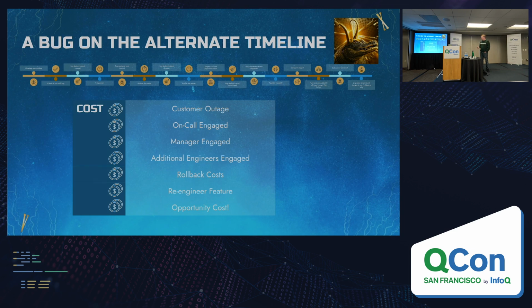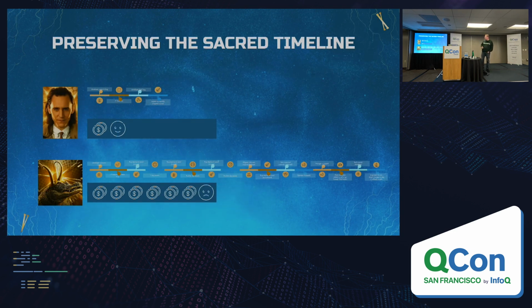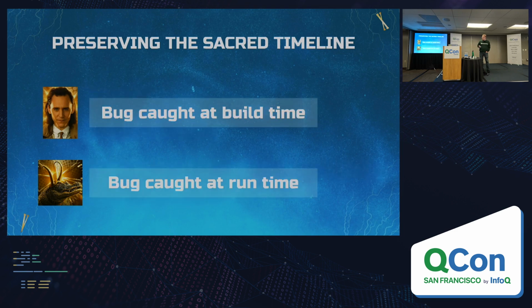So when we compare the costs of these two timelines, the first timeline looks so quaint in comparison, right? It looks so simple, and the cost was really not that big of a deal. On the second timeline, it bubbled into this big giant mess that sucked up a whole bunch of people's time and potentially cost us a customer. The cost is just wildly different between the two. And we want to really avoid this alligator timeline.